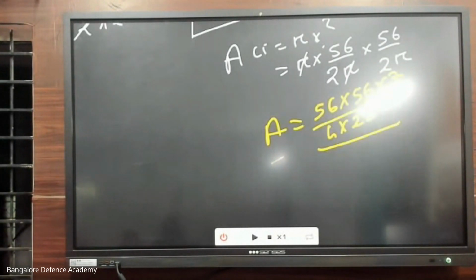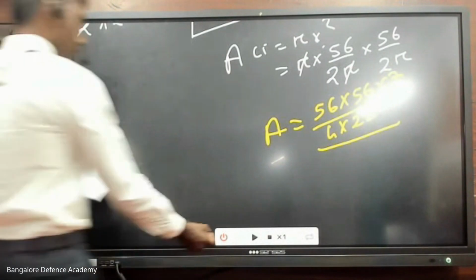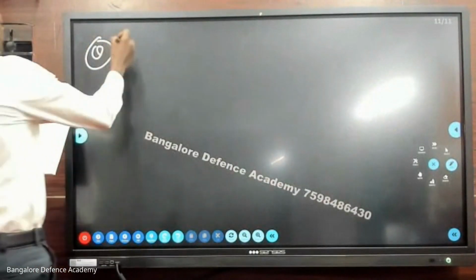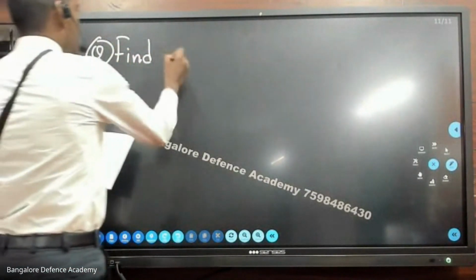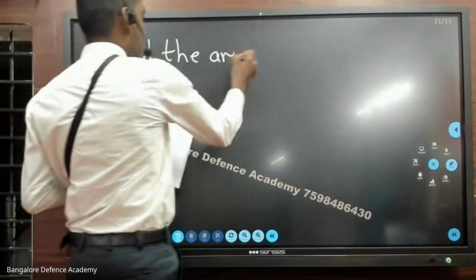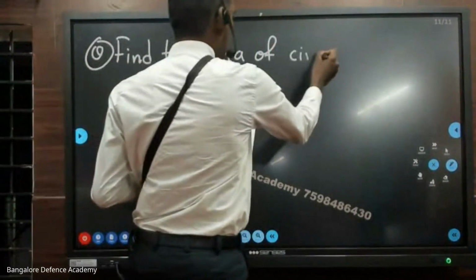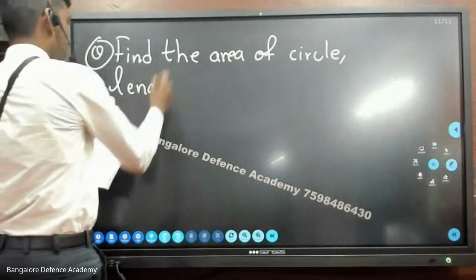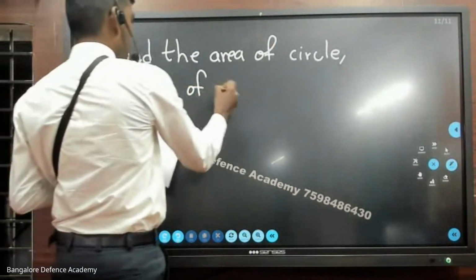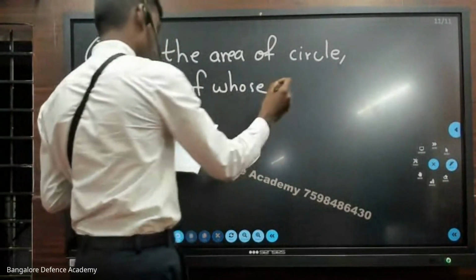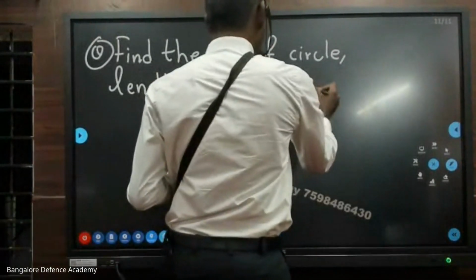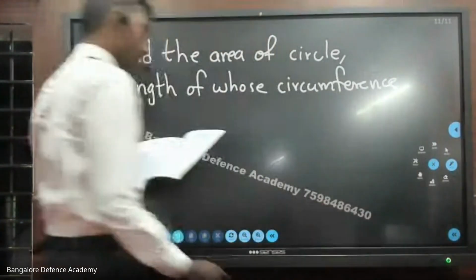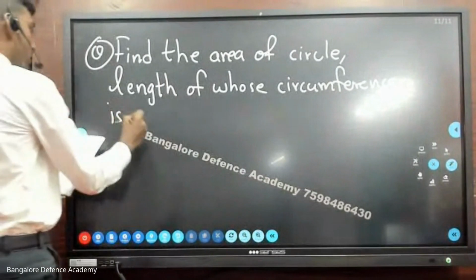Okay, write down the next question. Put a star mark once again. Very important question, take down. Find the area of circle. Find the area of circle. Length of whose circumference is equal to